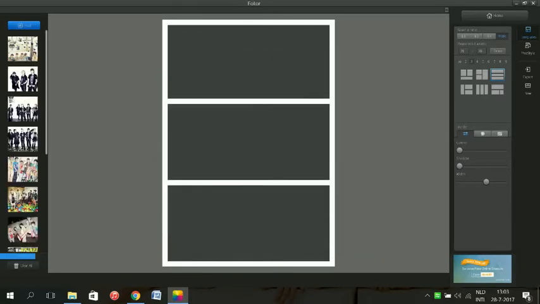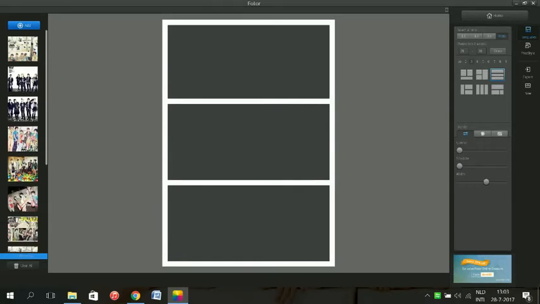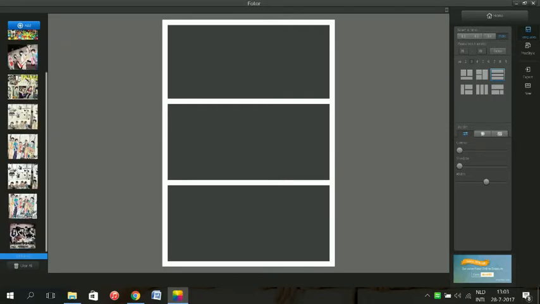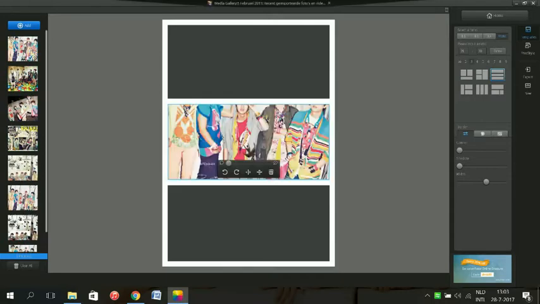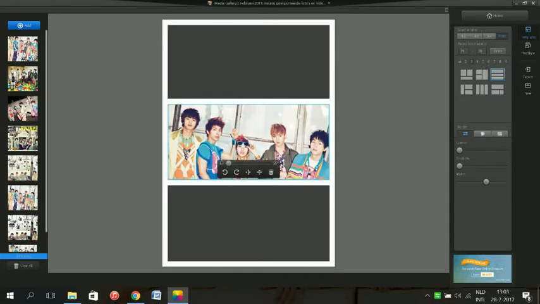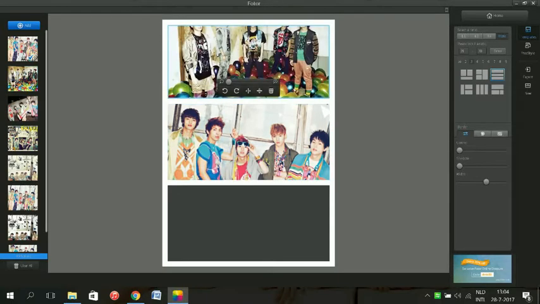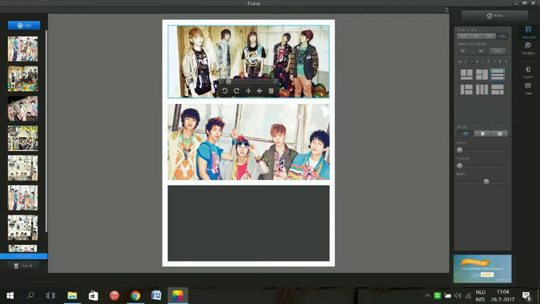Okay, so once you have selected the ones that you can use, I just put them in, and that goes really easily. You can just slide it, you can make it a little bit bigger if you want to. Sometimes a picture is maybe more far away and you want to zoom it in a little bit. One thing that I did notice though is it's better to have a bigger picture,